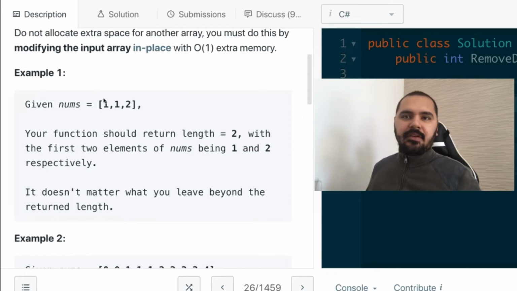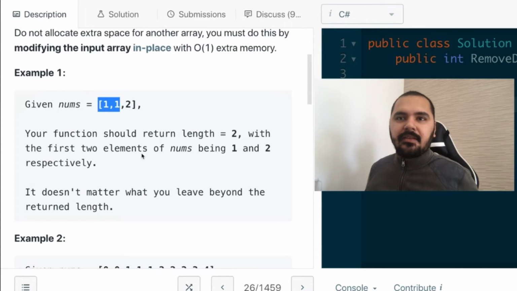Yes, so if we check here, 1 is equal to 1, 1 is not equal to 2, so we just need to swap. We actually don't need to swap, we can just put the number 2 here, and this way we'll have 1 and 2, both not duplicates, on one side of this array, and the length of this subarray is 2,